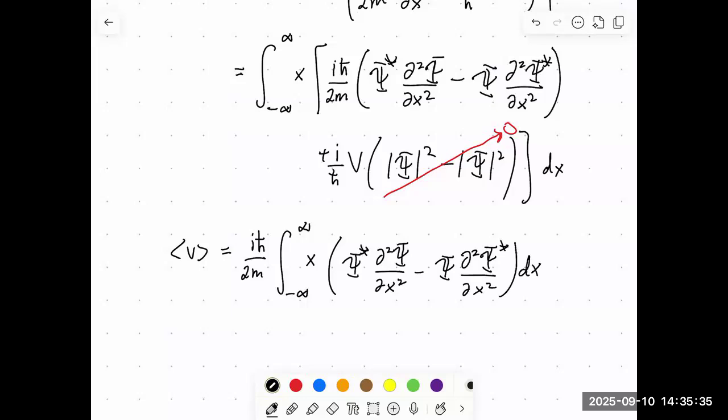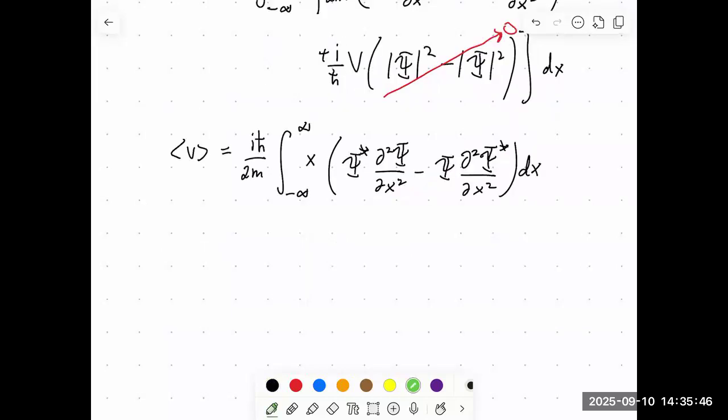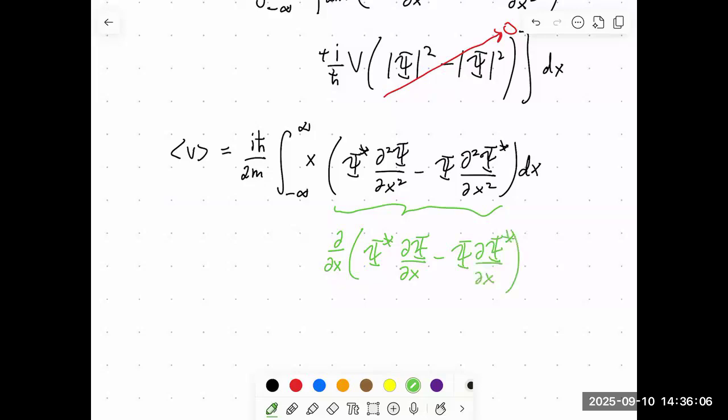All right, so this still looks a little messy. So we're gonna do a little trick. And so the trick is the following. I'm gonna claim that what's in the brackets here is the same as d by dx of phi star d phi dx minus phi d phi star dx. Okay,